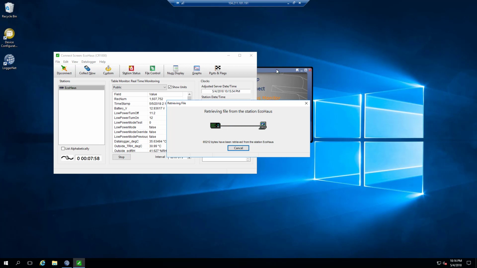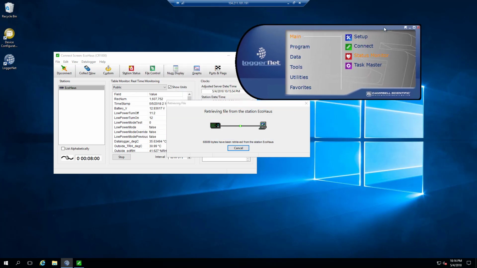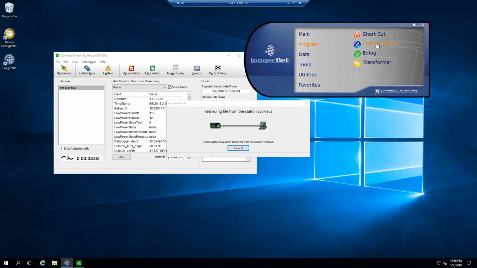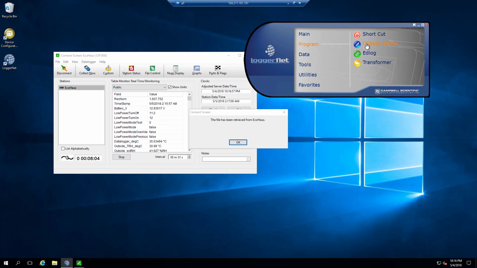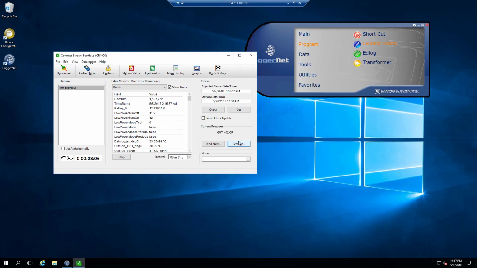And when that's done downloading, we're going to open it up using this other tool called CR Basic Editor. CR Basic is the language. It's a variation of the BASIC language that includes a lot of instructions that are specific to Campbell Scientific equipment. So if we open that up,